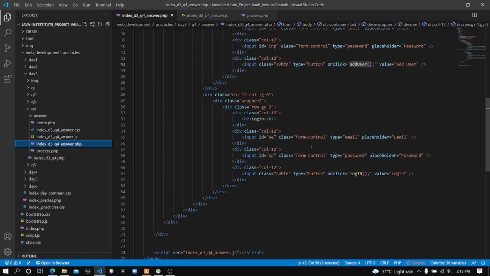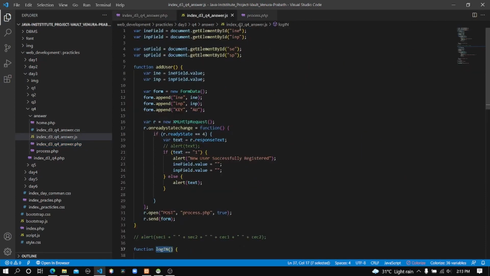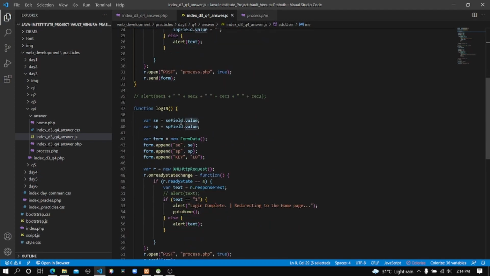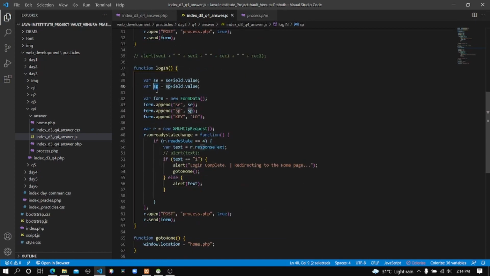Let me show you. Here you can see I gave separate IDs to these two input fields, the email field and the password field, and I use that ID to assign those elements to new variables, and after that I can access this element by calling the variable name. You can see I call that variable name and extract the values. Here dot value means it will extract the values out from the input field and assign those values to two new separate variables.